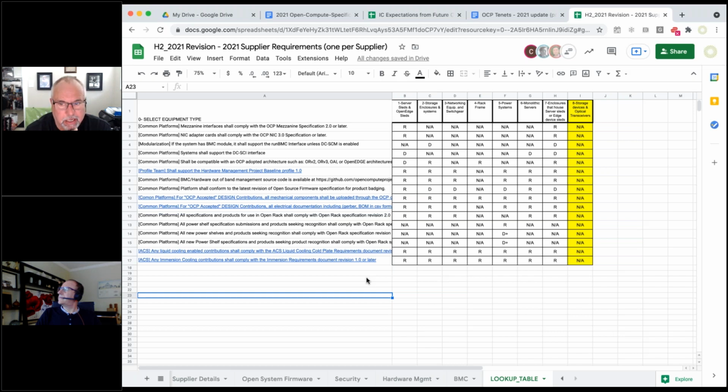We need to define that somewhere, even for transceivers, even for storage devices. I'm not sure what kind of storage device we're talking about, but if it's an array controller or a storage array, that's a manageable device just like a server, and many of the server requirements might apply.